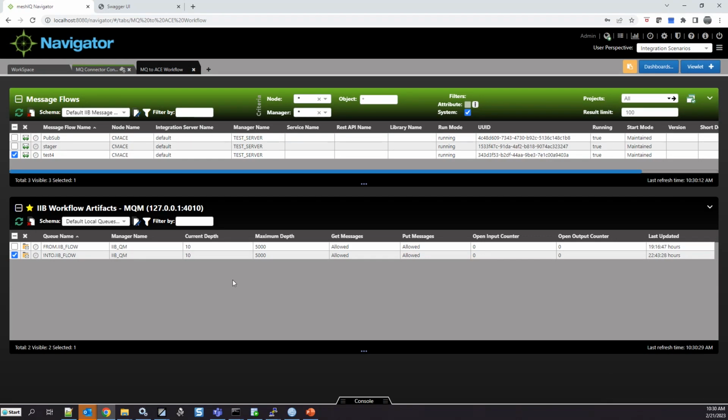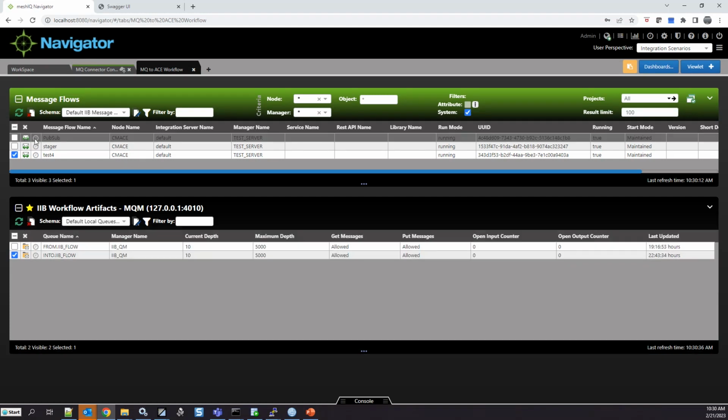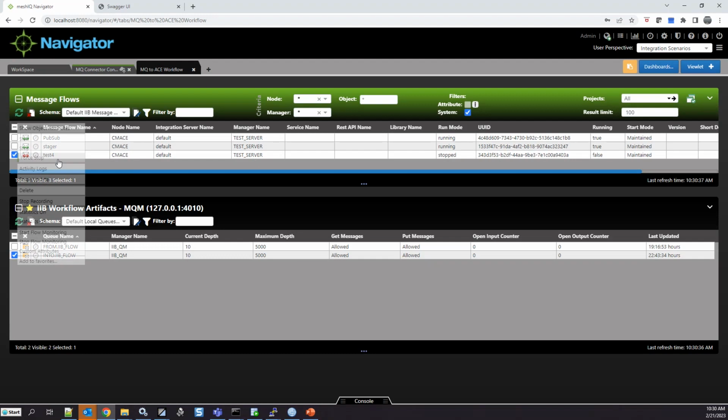Okay. And now, of course, they're going to sit here because the flow is stopped. Because the flow is stopped, there's nothing reading this queue anymore. The messages are going to sit here. So again, you can see how we can use this to get insight into the application behavior.